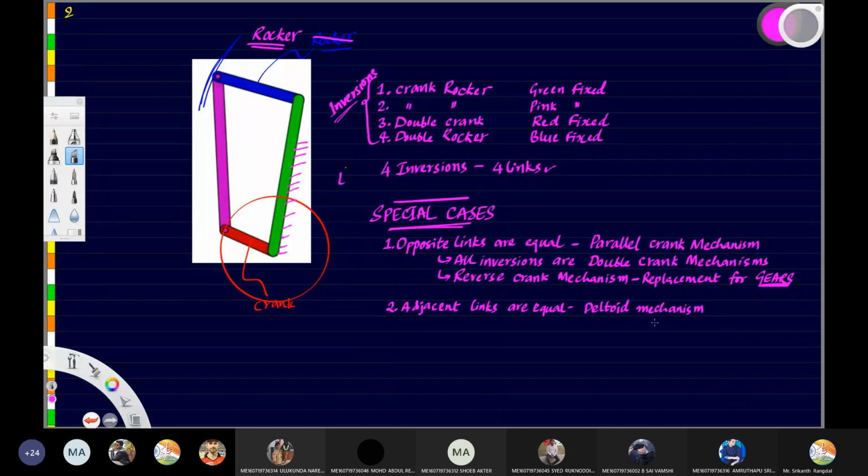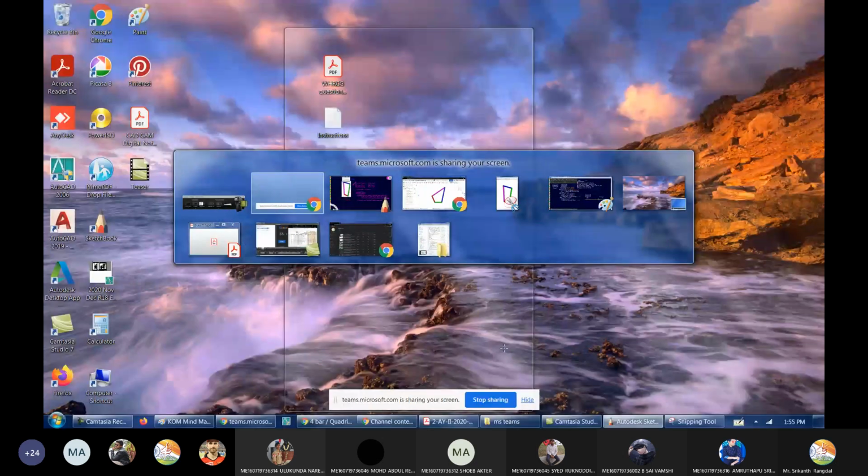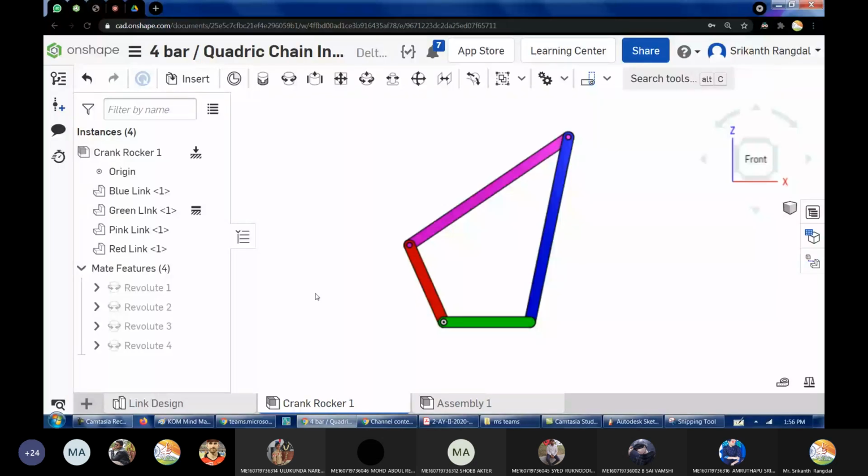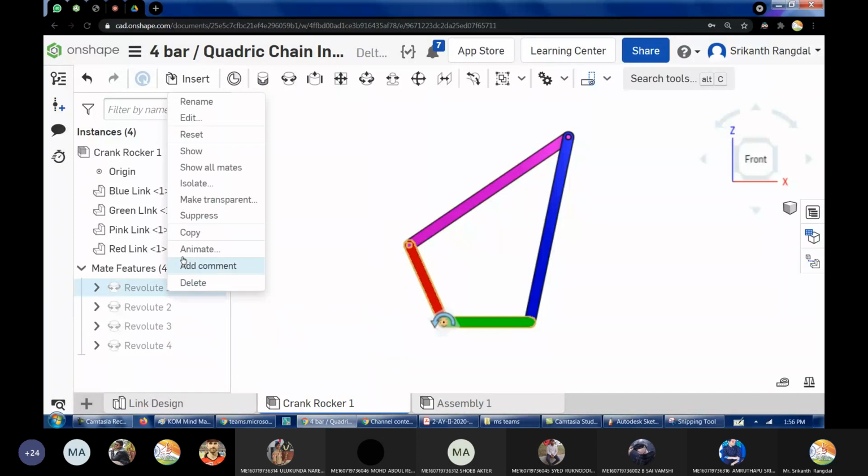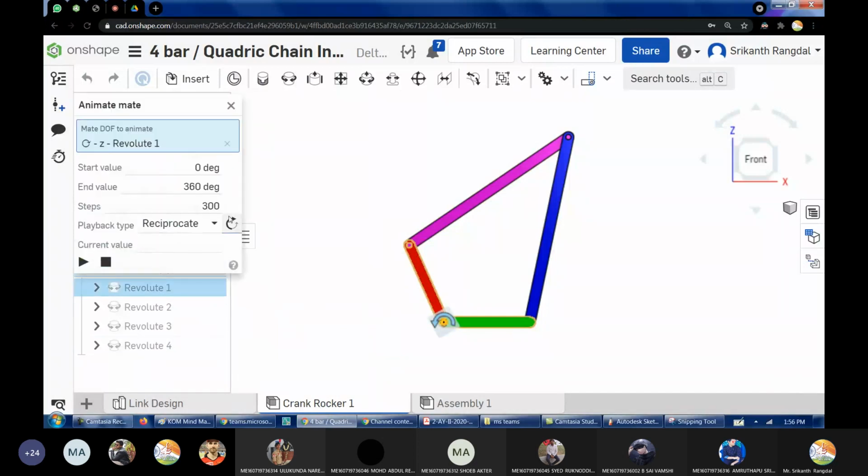Okay. Actually, it is a deltoid chain when none of the links are fixed. When one of the links is fixed, it is called a deltoid mechanism. Okay. So let us see how motion happens in this case. Ready? So this is going to actually surprise you. Watch it carefully. So let me run it more slowly and for 2 rotations. Ready? I'm pressing the play button.